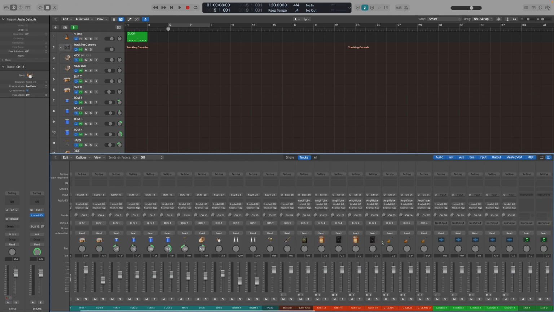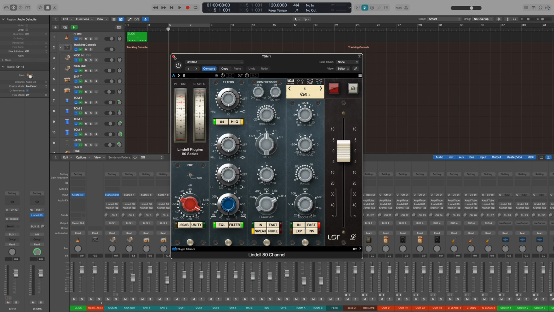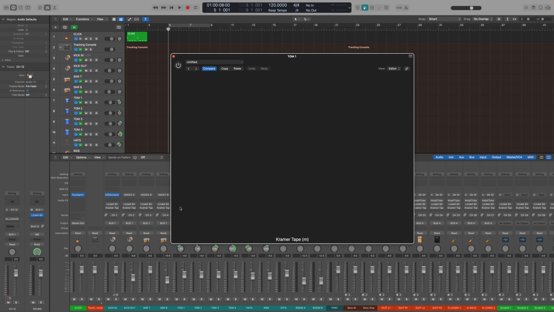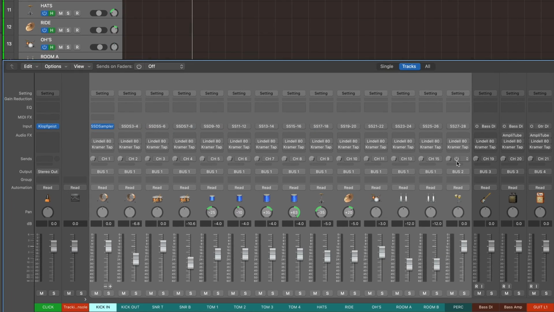if I need them. So what'll happen on every single track is there's going to be the Lindell 80 series plugin right here, and then everything is also going to go through Kramer tape. And then what you'll also see is every channel has a bus send on it, up here. So these sends are what are feeding our imaginary tape machine that'll end up in the mixing side of this